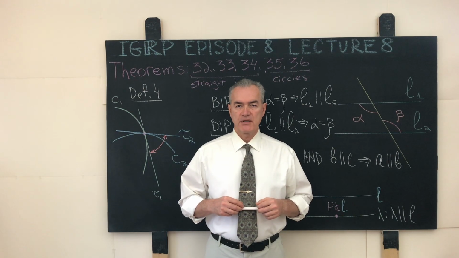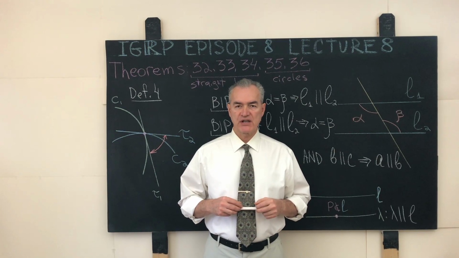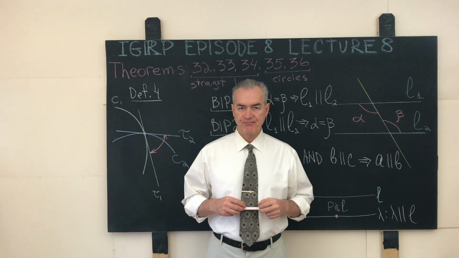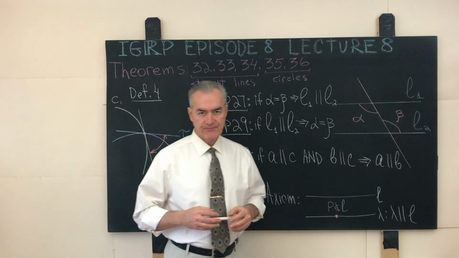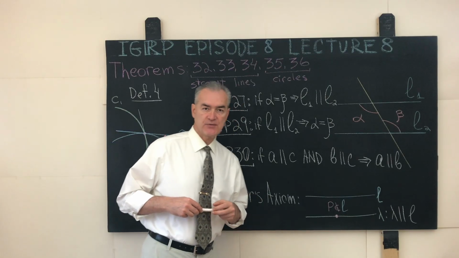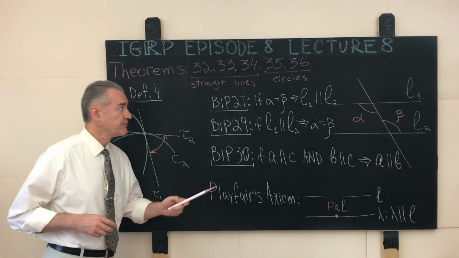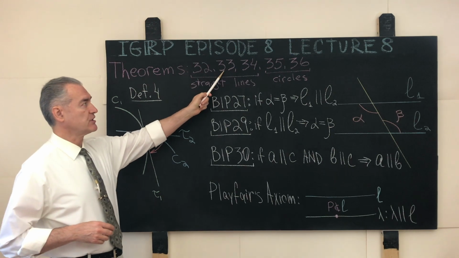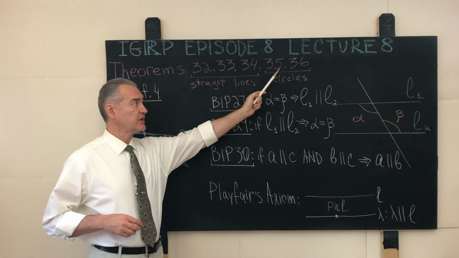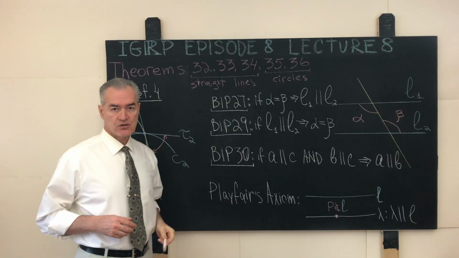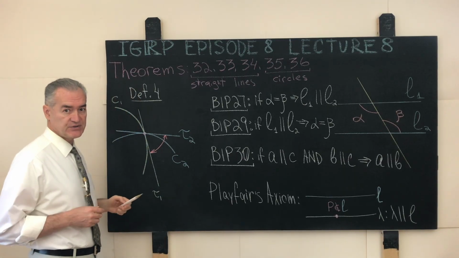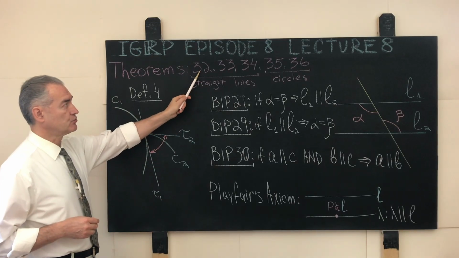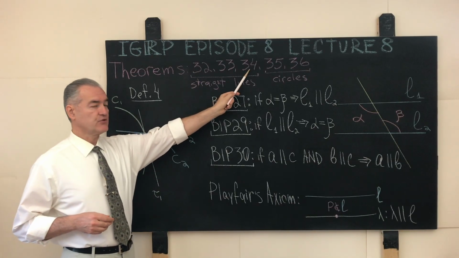Welcome to an elementary synthetic geometry-based introduction to inversion of the real plane with respect to a circle course, episode 8, lecture 8, in which we will address the next 5 theorems, the theorems numbered 32, 33, 34, 35, and 36, and across these 5 theorems in the very first 3 theorems, the theorems numbered 32, 33, and 34, we